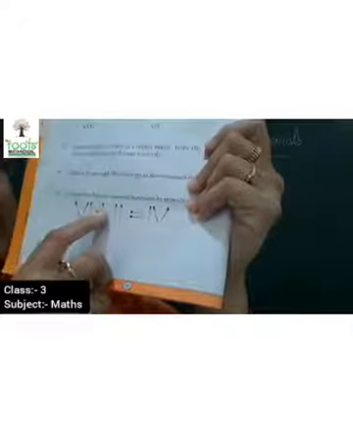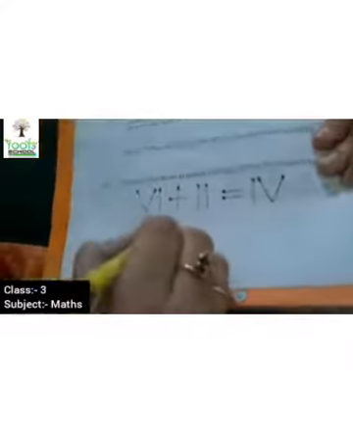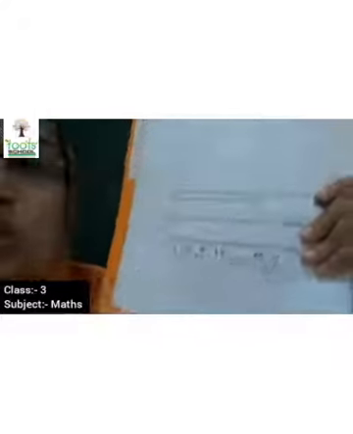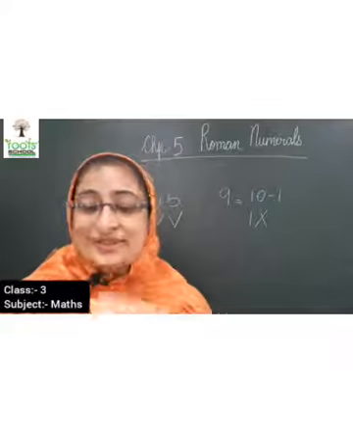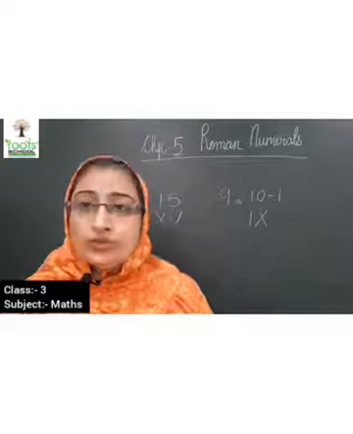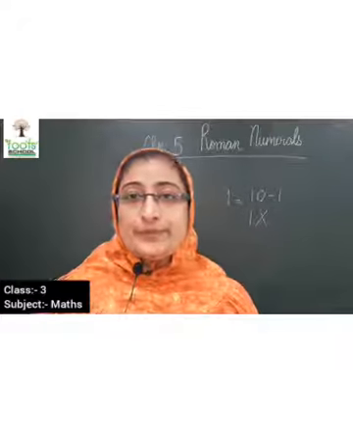Here you can see that there is an addition sign. But if I remove one stick from here, if I remove this stick from here, so what is it going to be? 6 minus 2 is equal to 4. I got the correct statement? Yes, just by removing this one stick. Okay. So it's a fun activity. You can do this at home using matchsticks also. Okay kids. Now we will do a few problem sums.